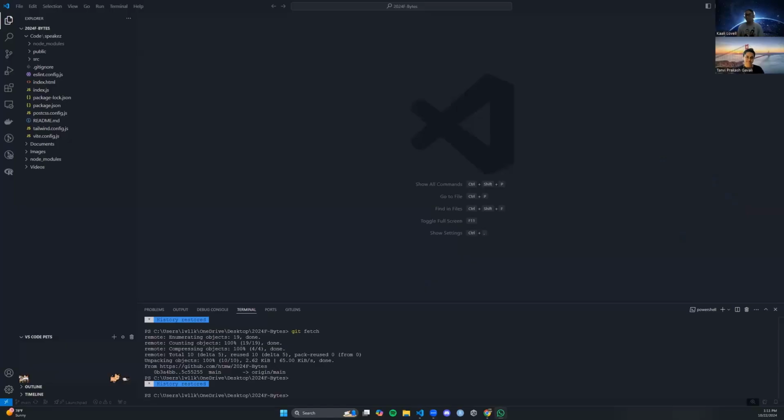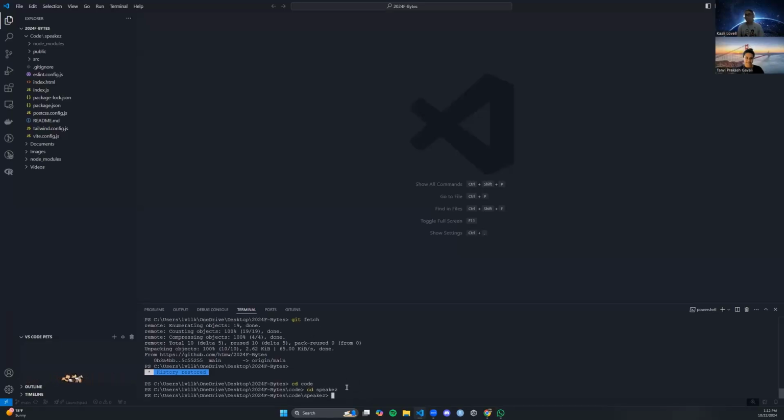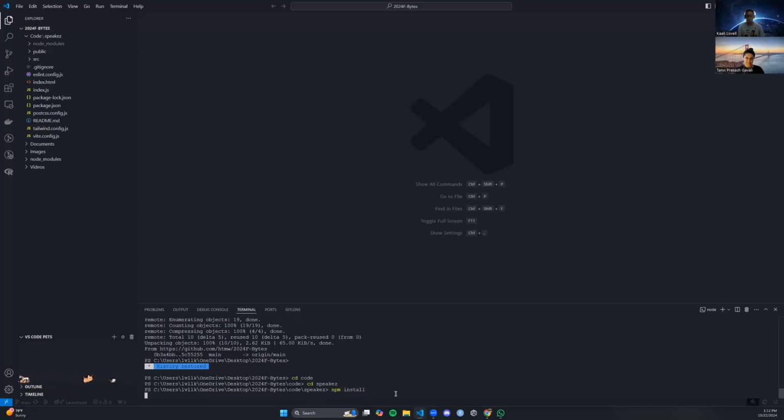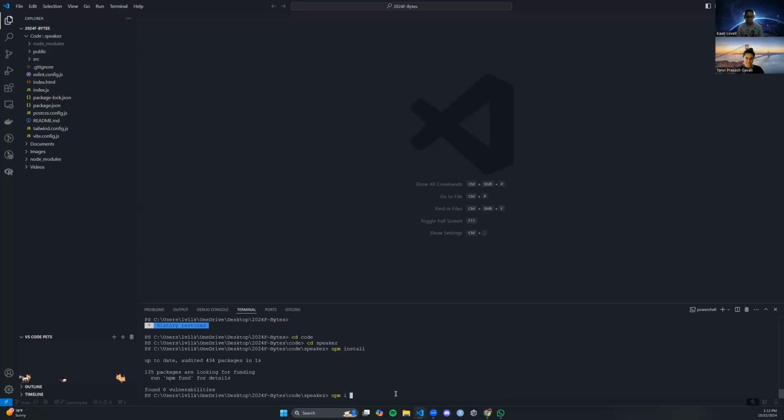I will share my screen now. Yeah, so as you can see, I'm in Visual Studio Code, and I will show you how to launch the application, and then I will show you the application. So first, we're changing directory into the folder. You can see I did cd code and cd speakeasy because we're changing directory into the location in which the file is located. Then I'm going to do npm install, and then npm i